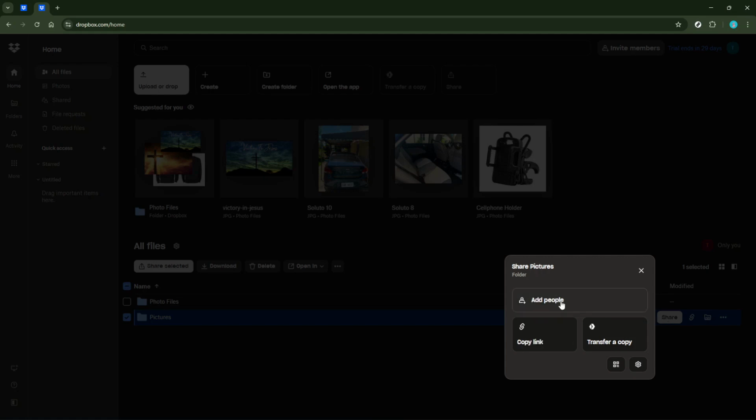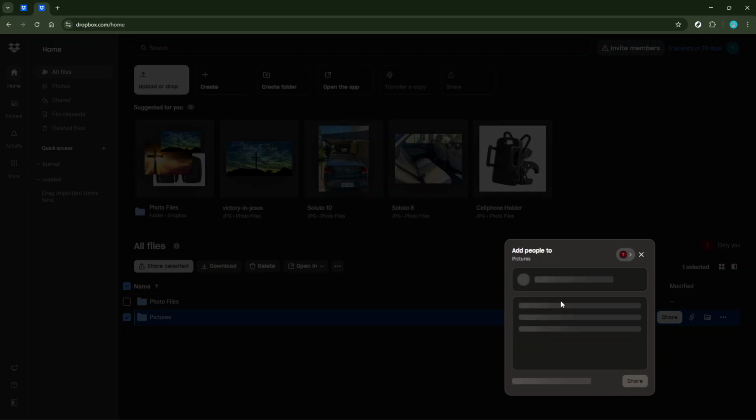Before sending the email or sharing the link, you'll need to decide what level of access you want your recipient to have. You'll see options like Can View or Can Edit. Now, if you choose Can View, the recipient will only be able to look at the file without making any changes to it. If you choose Can Edit, they will be able to make changes directly to the file. Consider what's appropriate based on the sensitivity and nature of the document you're sharing.